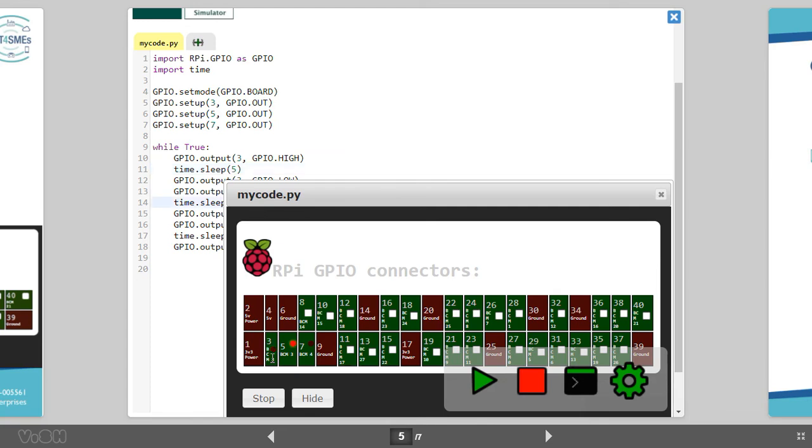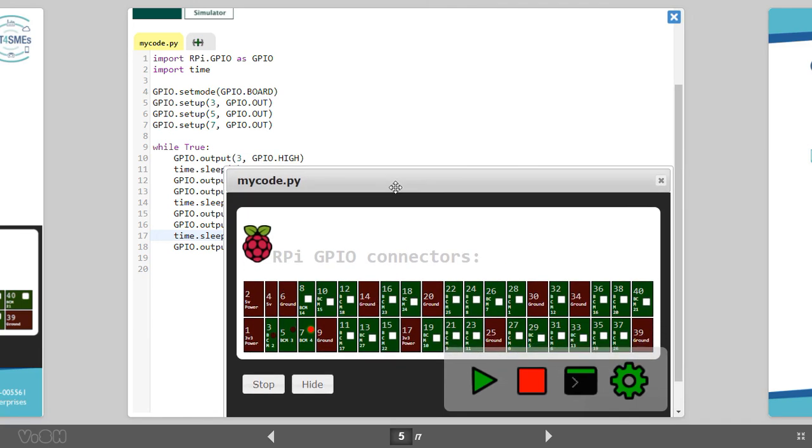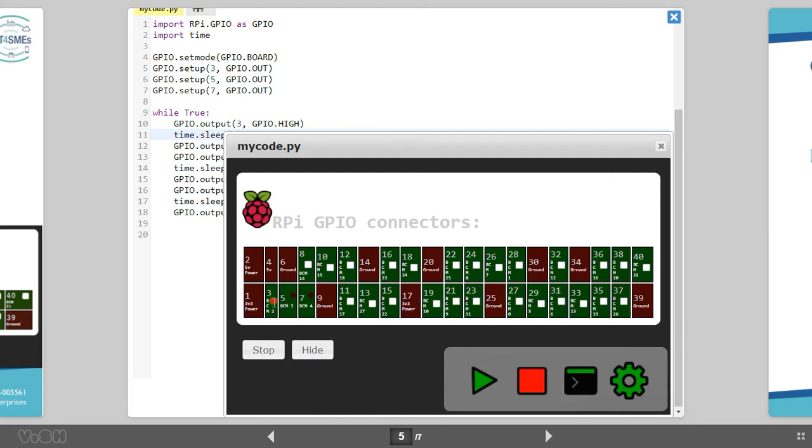Red color for 5 seconds, then yellow color for 2 seconds, then green color for 6 seconds. Okay. Red, yellow, green. Red, yellow, green. So we have just implemented our first traffic light system using the Raspberry Pi simulator.